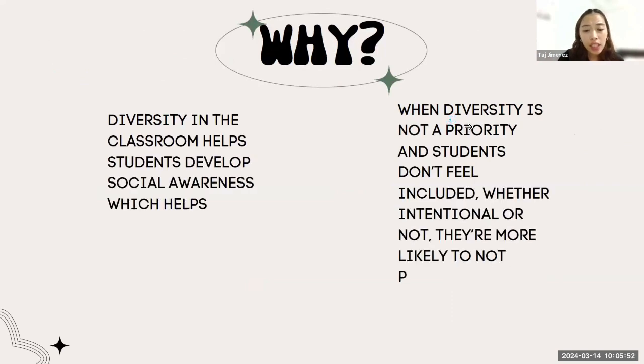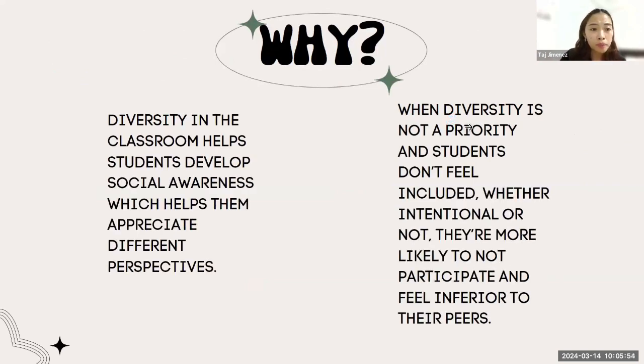Actually, diversity in the classroom, and letting children know about how diverse everyone is, helps them develop social awareness, which helps them appreciate different perspectives. So if they're able to somewhat have a concept of how different and how same they are with different people around them, they will be able to have this critical thinking of how to interact with the different kinds of